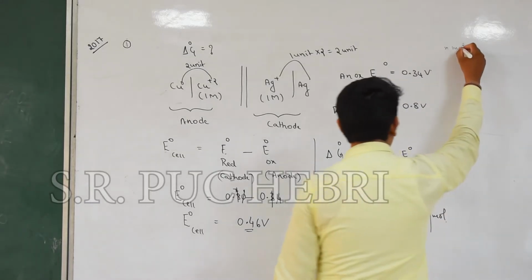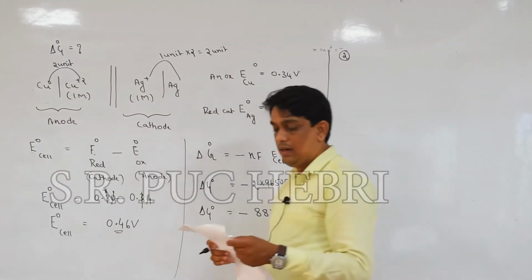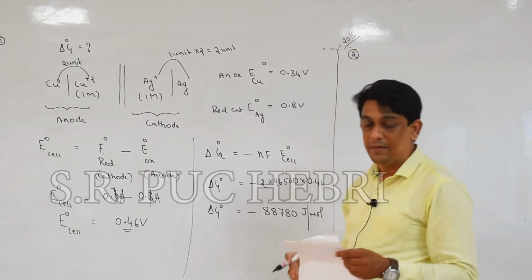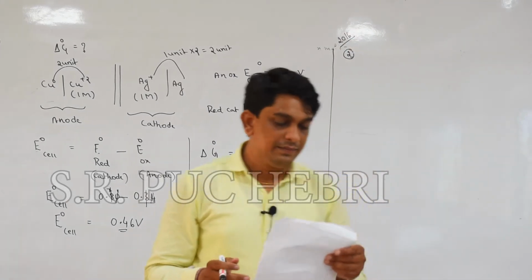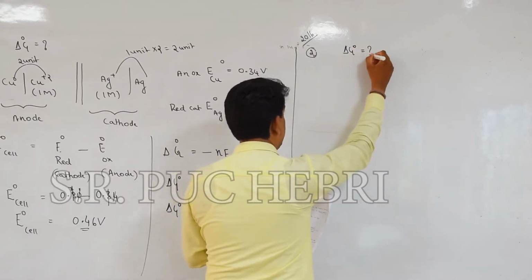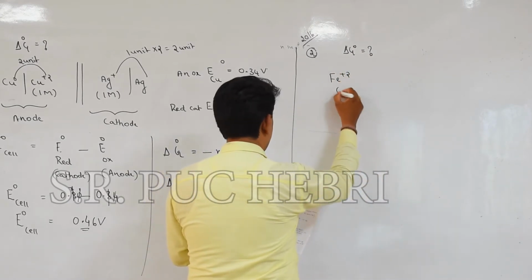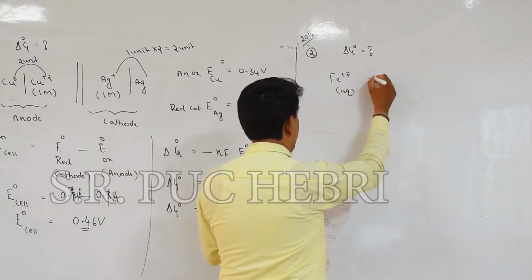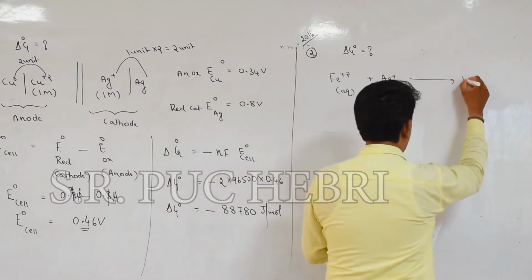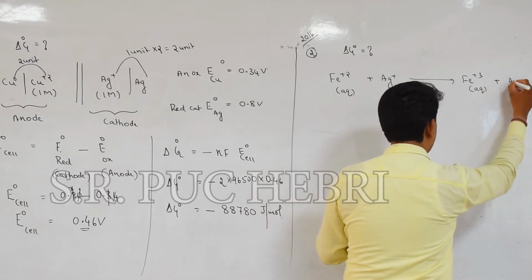Let me go for a second problem of the same set. Let me tell you people that this particular question appeared in 2016 annual paper. Calculate delta G naught for the following reaction. The reaction is given, let me write it: Fe plus 2 aqueous, Ag plus aqueous is giving you Fe plus 3 aqueous plus Ag solid,